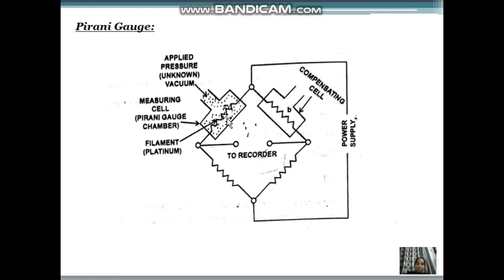less resistance of filament. So by this principle, now what happens? Due to this change in density of the surrounding of the filament, conductivity changes, causing the temperature of the filament to change. So when the temperature of the filament changes, the resistance of the filament also changes. Now this change in resistance of the filament is determined using the Wheatstone circuit. This change in resistance of the Pirani gauge element becomes a measure of the applied pressure when calibrated. So this is the working of Pirani gauge.